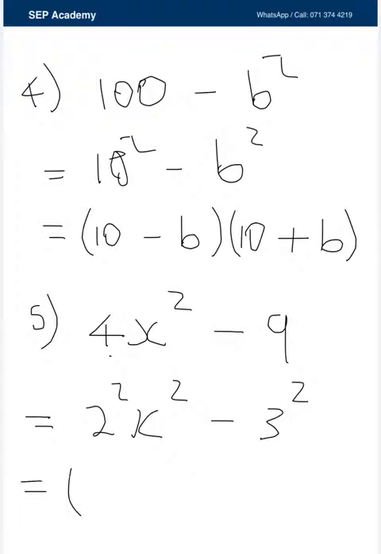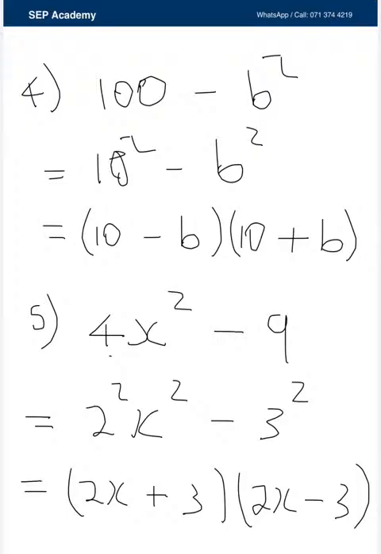Once you've managed to do this, you are done, honorable member, because you just have your 2x there. Should you decide to put a plus there with that 3, then on this side it will be the same thing, except that the sign in between is a minus. Everything else remains the same. So that is how you would work it out without worrying much about anything else. So I think